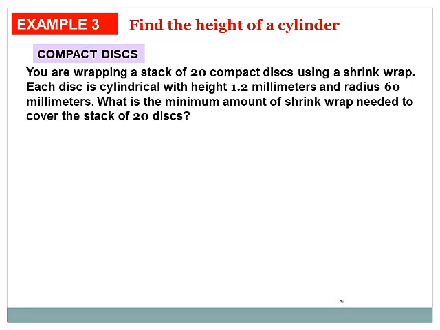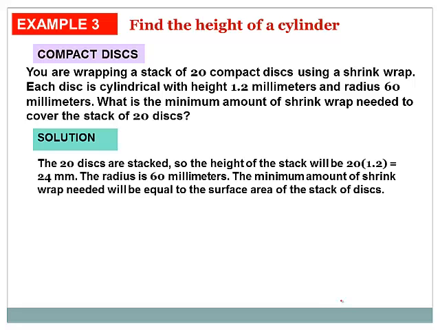And so the height of our cylinder would be those 20 CDs multiplied by their height, which is 1.2. So we'll look down here at the solution, and that would mean that our stack would be a total of 24 millimeters high. It also gives us the radius, which is 60 millimeters, and we're trying to find the minimum amount of shrink wrap that is going to be able to cover our compact disc, so we'll need to use